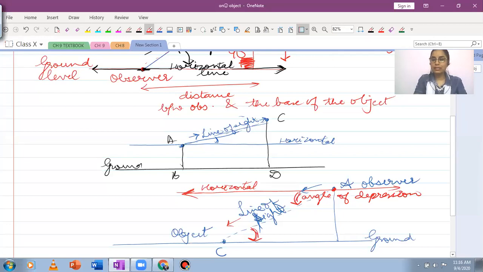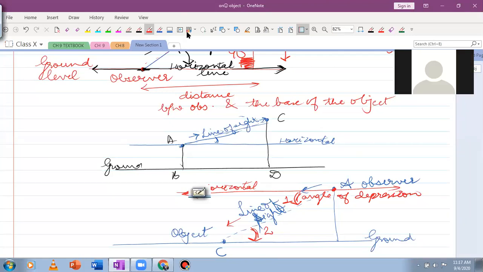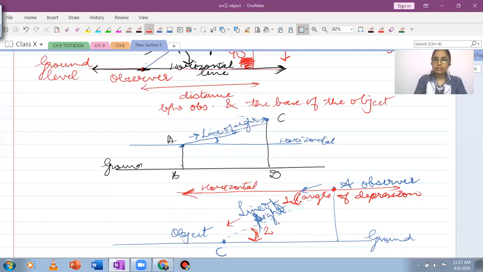With the help of this angle outside, can we find out this angle inside the triangle? Angle 1 and angle 2, are they related? Yes, ma'am. That's correct, Tejwant. It's alternate interior angles. There's a pair of alternate interior angles.